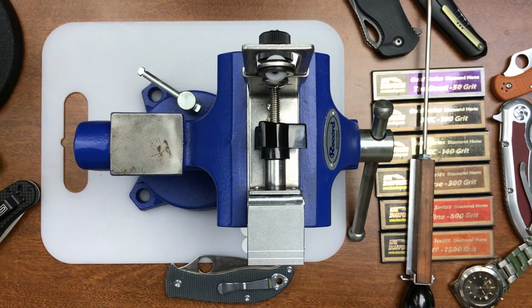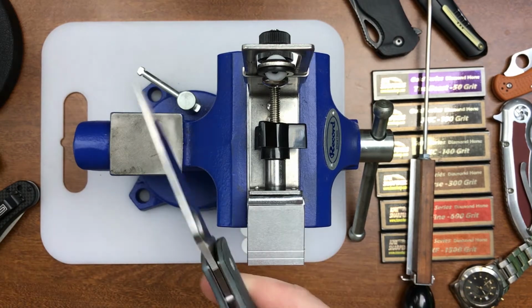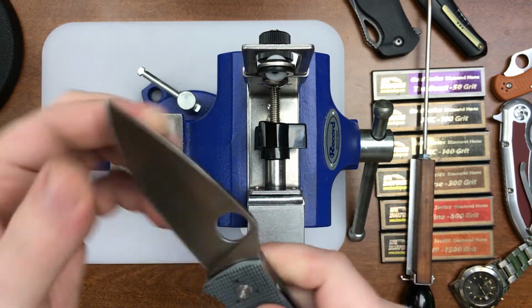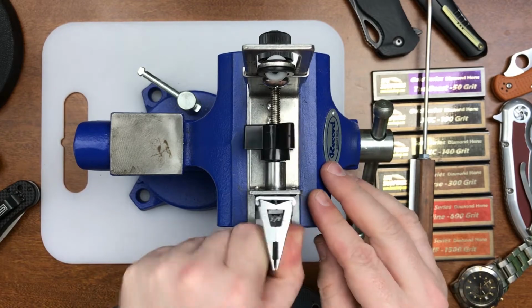Alright guys, so our full flat ground blade, like the Spyderco Polestar, how do we go about getting one of these things in the clamp system? Because, of course it's full flat ground, so we've got an angle all the way down. Well, first off,